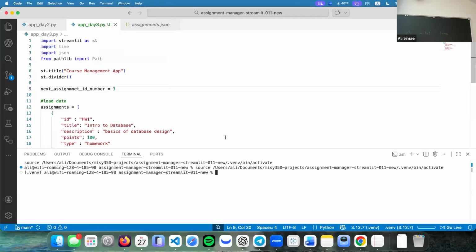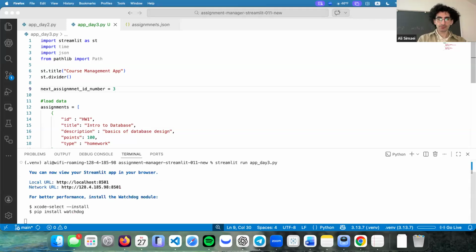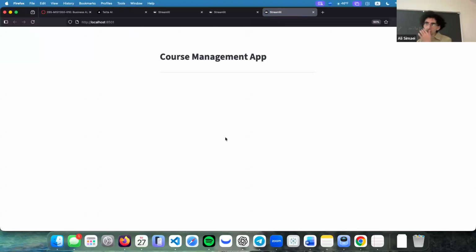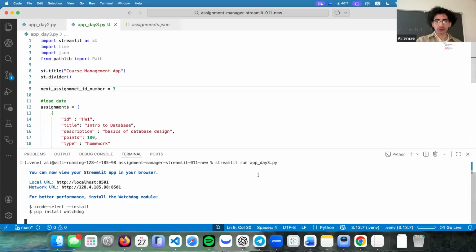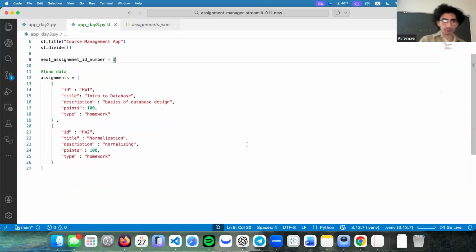You can close every other terminal you have, just open a new one. We are running this new file here, streamlit run app day3.py. Okay. So I start running it, and that's okay. All right. So if you added that, now we want to talk about a new thing, but before this,